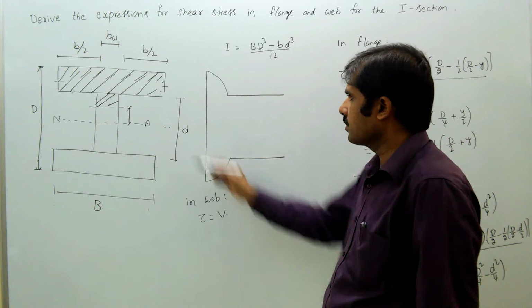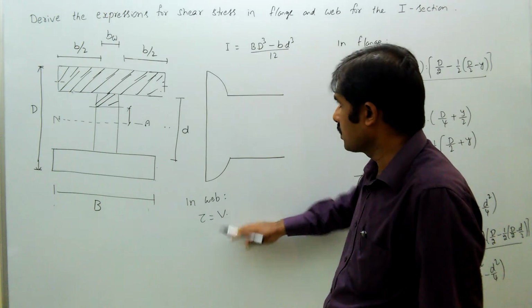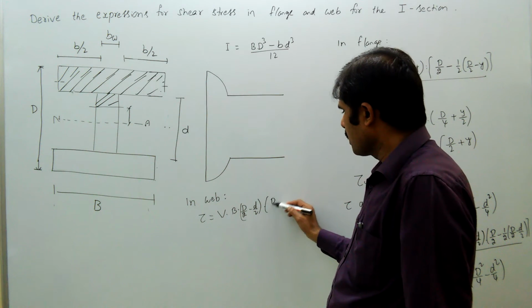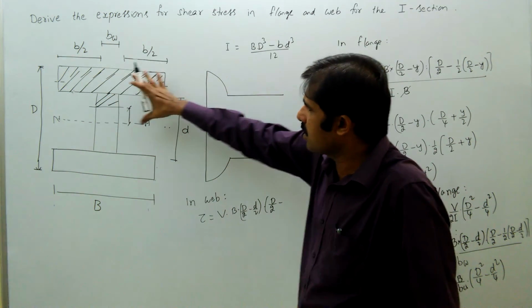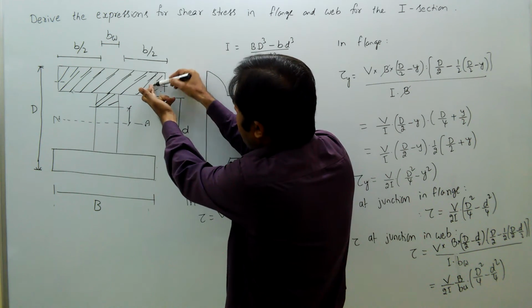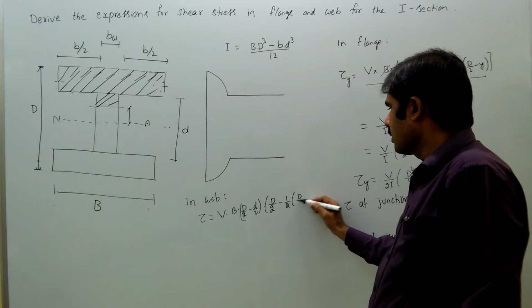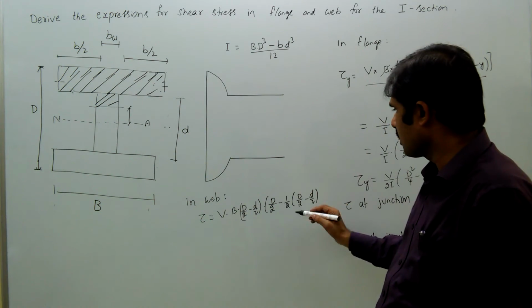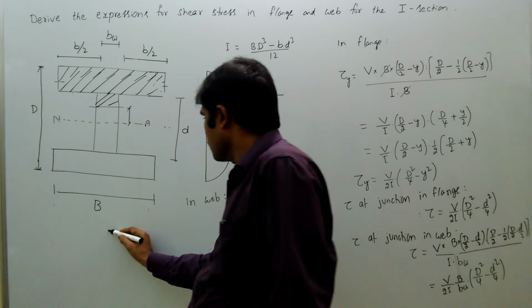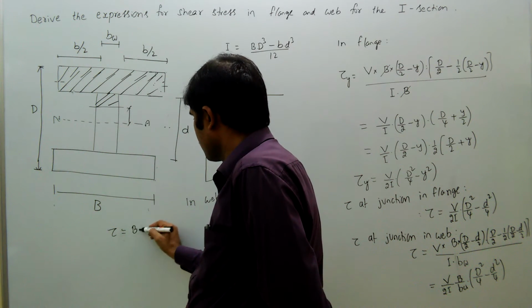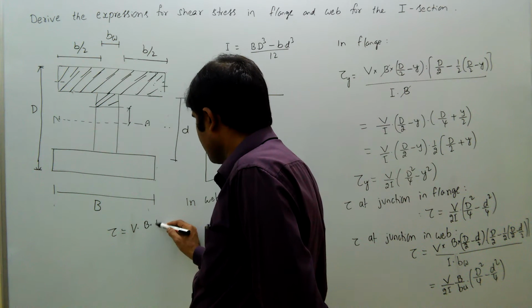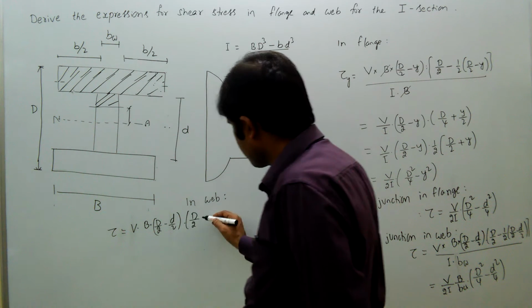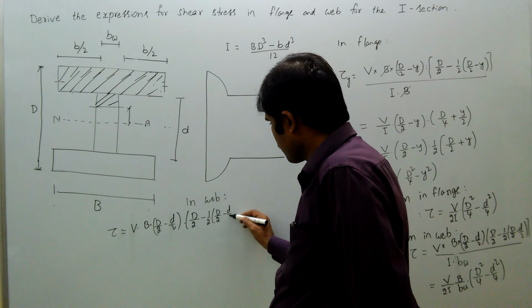So tau equal to V into B into D by 2 minus small d by 2 into the centroidal distance D by 2 minus half of D by 2 minus small d by 2, plus